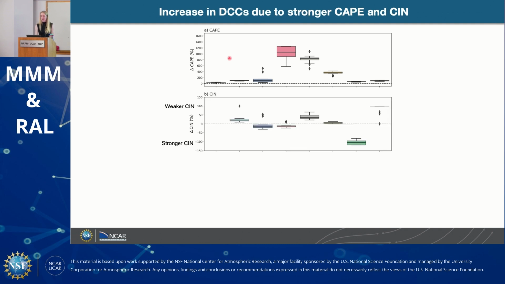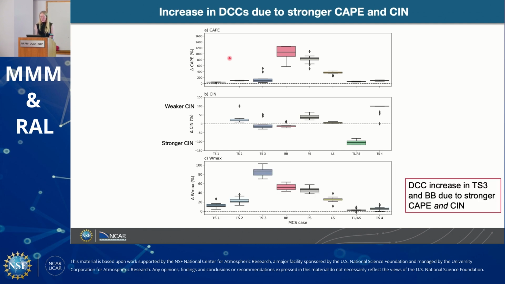We also looked at changes in SIN as well, which tended to vary. So some MCSs had weaker SIN, some had stronger SIN. And then we looked at changes in the maximum updraft velocity. So if you recall, the 2 storms that had the greatest increase in the number of deep convective cores were